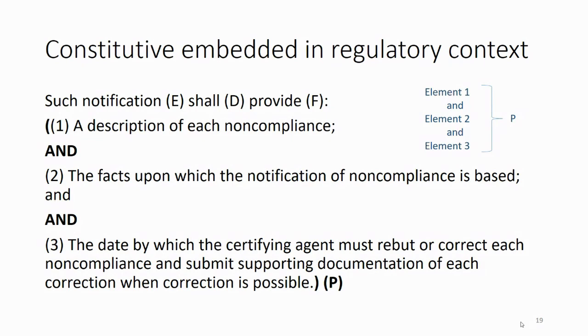So building on the example we introduced earlier here, the notification that shall provide a description of non-compliance and certain other components, we can simply decompose those into individual components, meaning individual properties that are logically combined. Here again, you can also make the logical relationship explicit, which may sometimes be obscured by the rather ambiguous use of, for example, 'or' in the context of human language. But here it's very clear that we have property 1, 2, and 3 as a basis for the characterization of a notification in the first place, as annotated here.